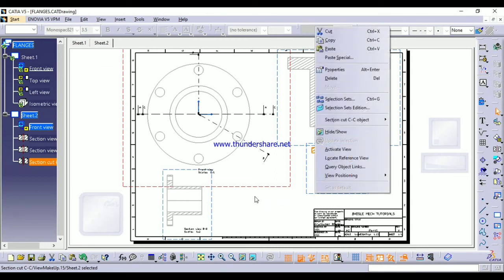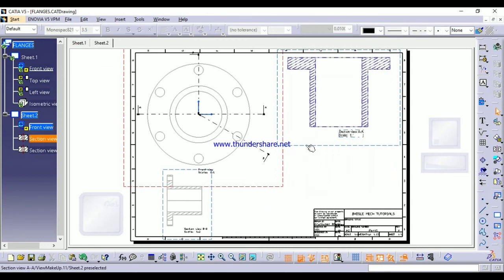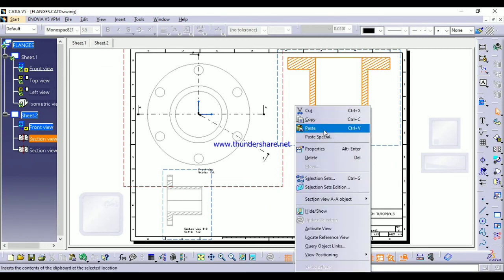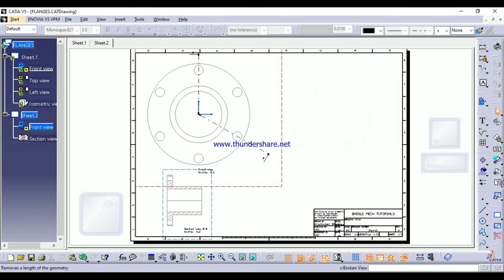Okay friends, now I will delete this and this also. Now let us go for detail views. In detail views, if a part is complex, means a number of components is present, that time this detail view will help.